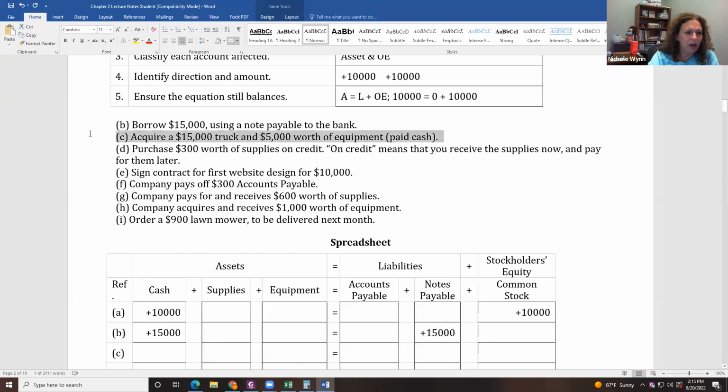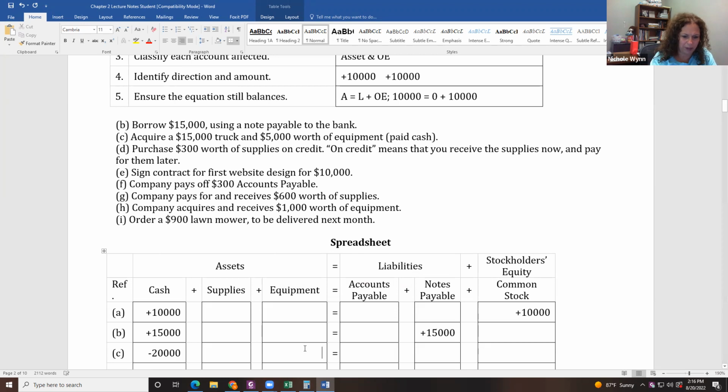Let's do the next one. Acquire a $15,000 truck and $5,000 worth of equipment, paid cash. So I bought a truck and some equipment. I don't have a column that says truck, but truck is basically equipment. So I purchased a truck and some other equipment for 20,000. I paid 20,000 and bought equipment, so I'm going to do cash minus 20,000